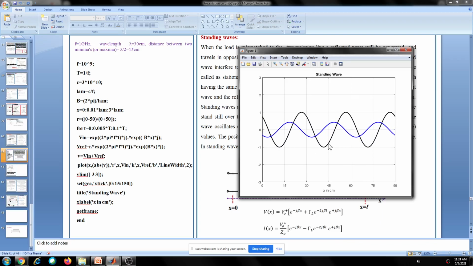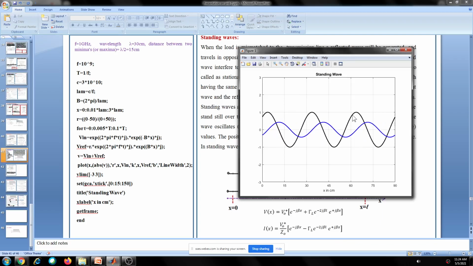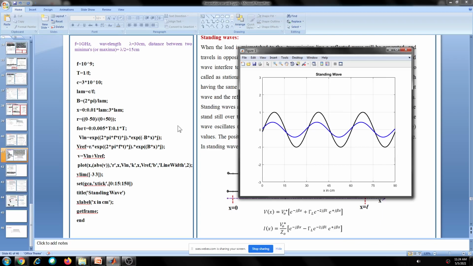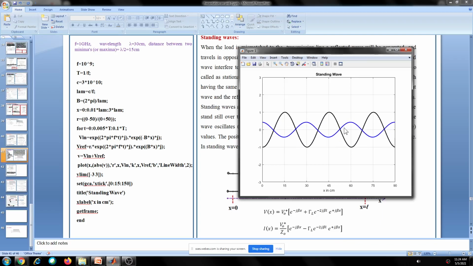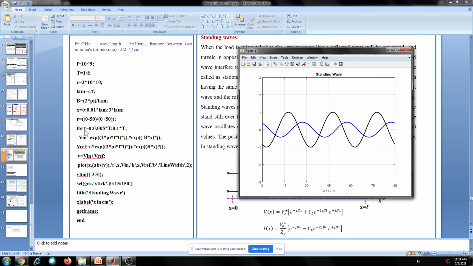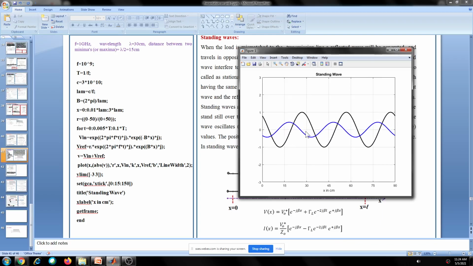Yes, ma'am. Okay, you can see that the reflected wave amplitude is now lesser. This is the incident wave, moving towards the load. It depends on the amplitude or phase of the reflected wave, which we cannot see exactly here because it is moving. So the reflected wave amplitude depends upon the ZL value.